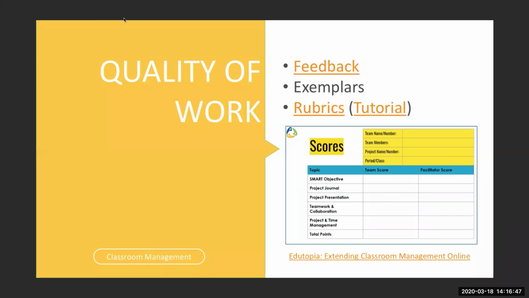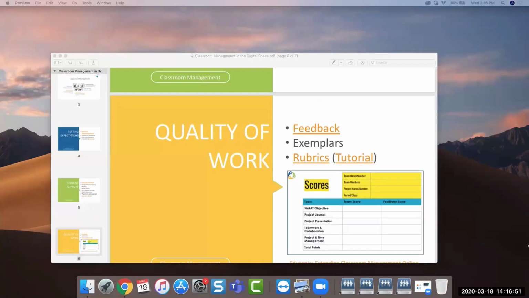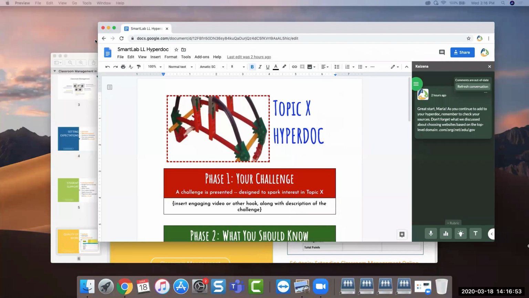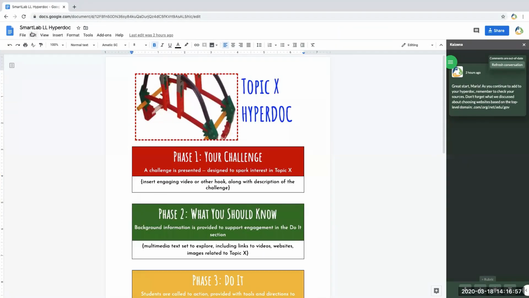and let me switch my screens real quick. There is a Chrome extension called Kaizena. You can see that it's over here up in this corner, Kaizena. You can go to the Chrome store and add it. You can also just Google Kaizena. I linked the actual website on the PowerPoint, but I just opened it in this add-on, and